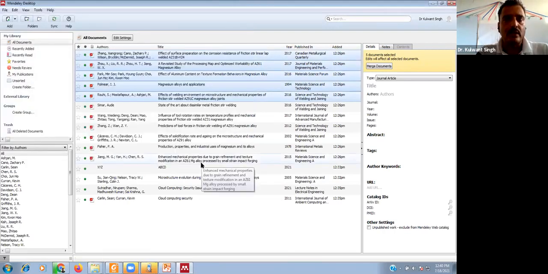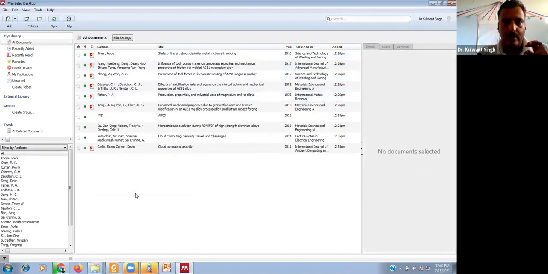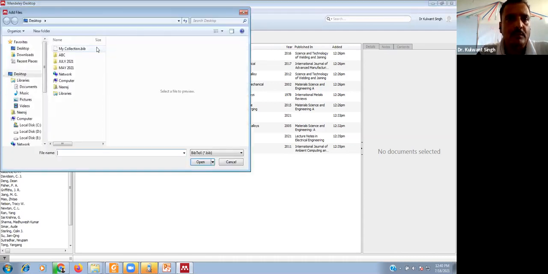I have exported the first five documents, and I am deleting these documents from the library and performing the synchronize. Now I have an exported file of a software, and I want to import these five references using this exported file. So this is the exported file.